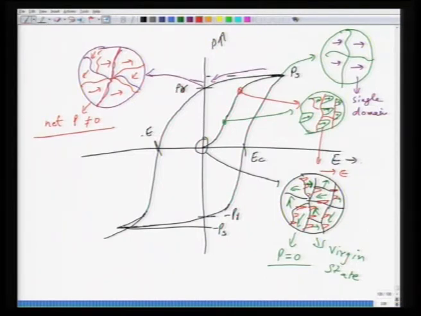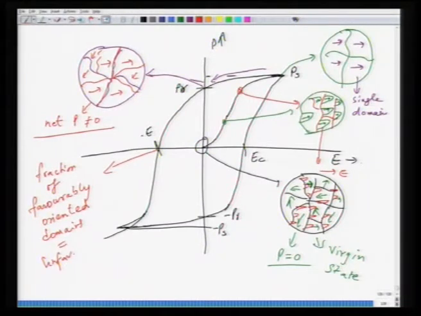In order to bring these domains back to the volume of oppositely oriented domains, you need to take the material to another field in the negative direction. So, here basically the fraction of favorably oriented domains is equal to unfavorably oriented domains. So, basically all the polar vectors in all the domains cancel each other. This results in P equal to 0, and then when you go back to this situation, when you